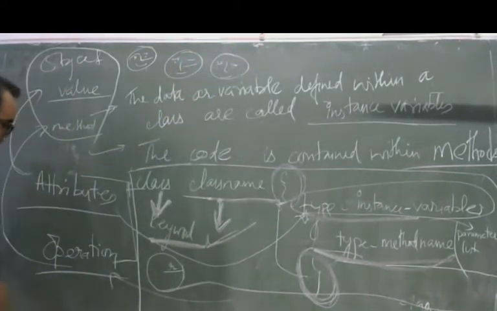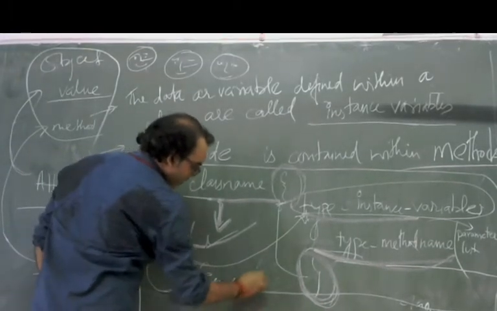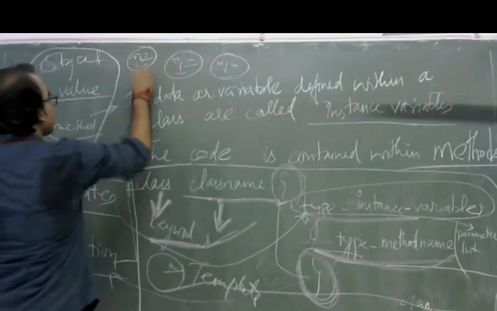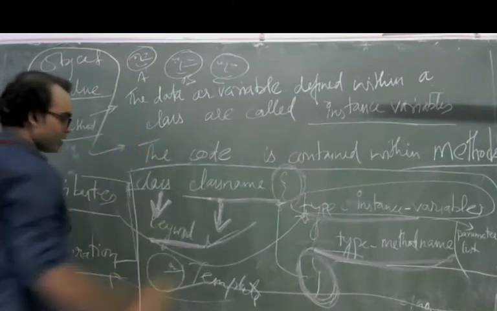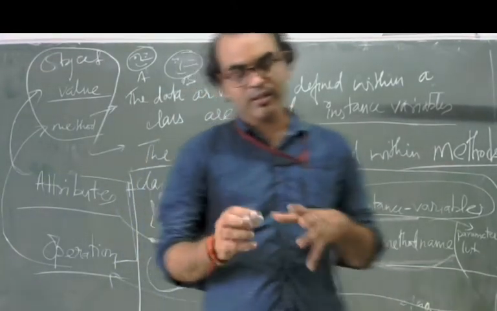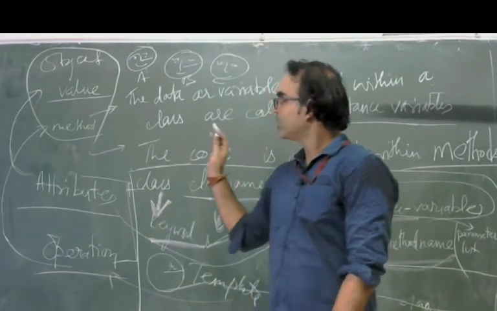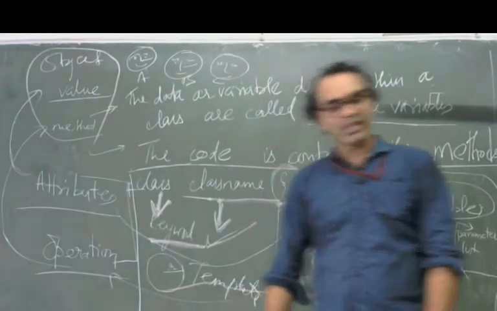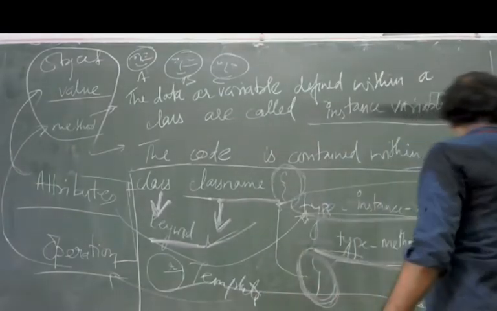Okay, so this is the template, which is defined in this class name, and these are the objects A, B, C, which are defined on the basis of the definition by a class. So in general, the class gives a basic structure to our objects, on which objects are instantiated. Okay, let's move ahead a little bit more.